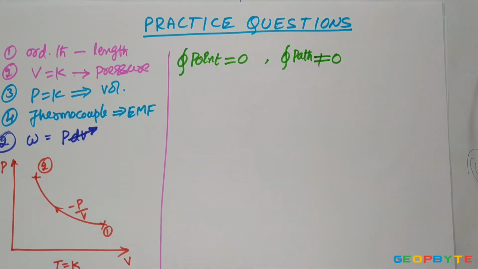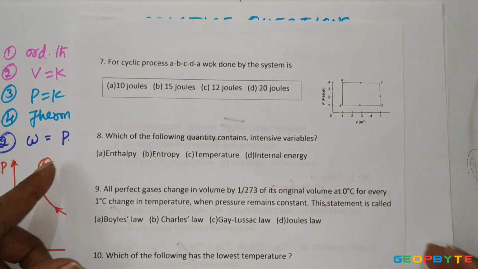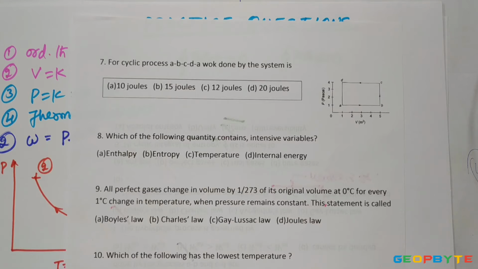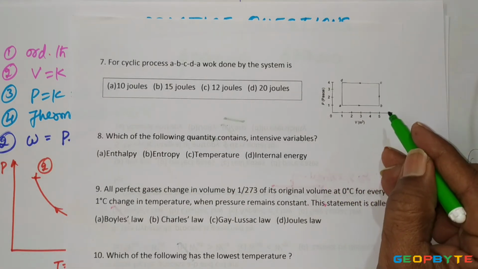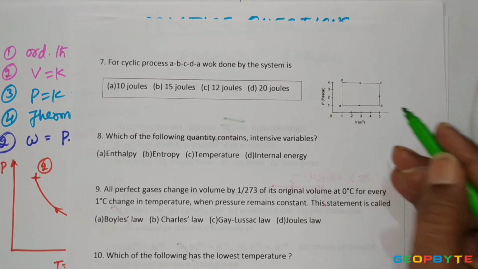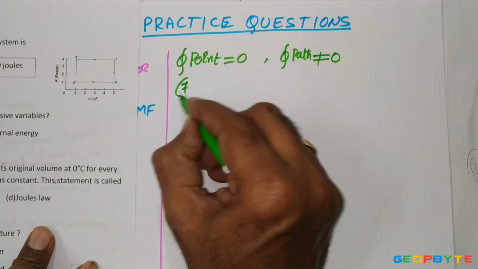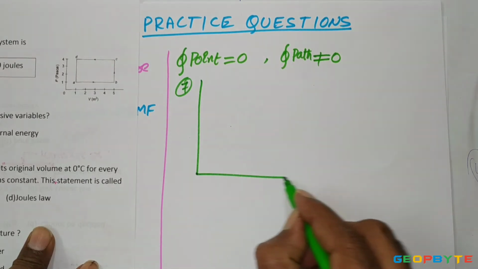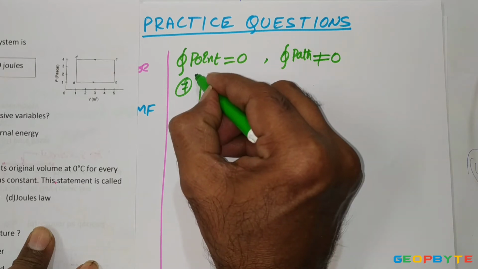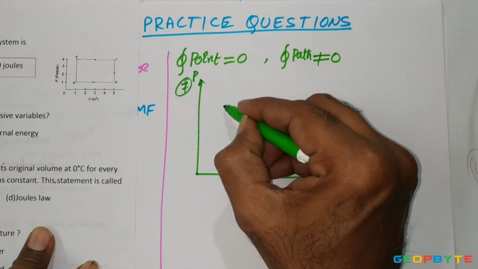Now come to the seventh problem. Look at the seventh problem. It is given like this. For the cyclic process A, B, C, D, A, find the work done by the system. The cycle is represented with the PV diagram. Remember, for a particular process, if I draw a process like this,